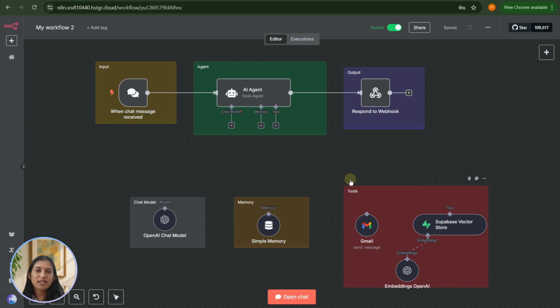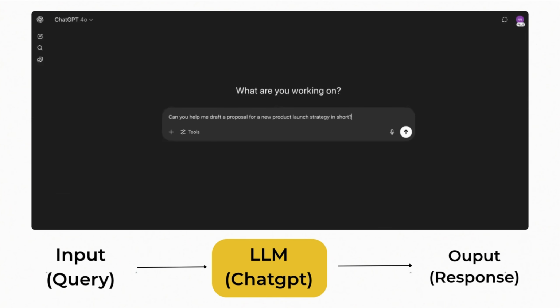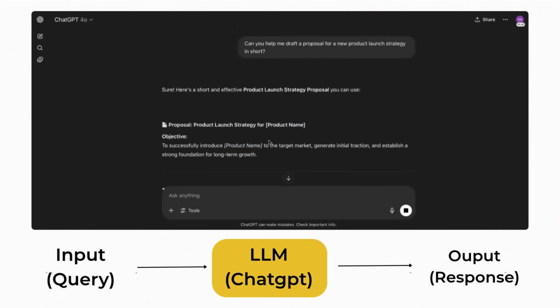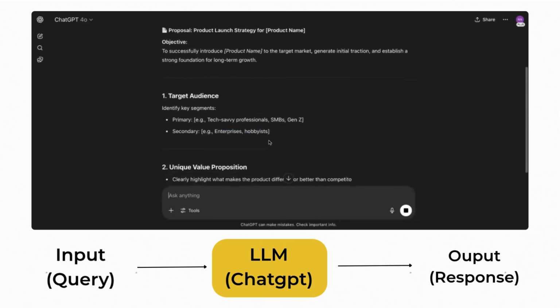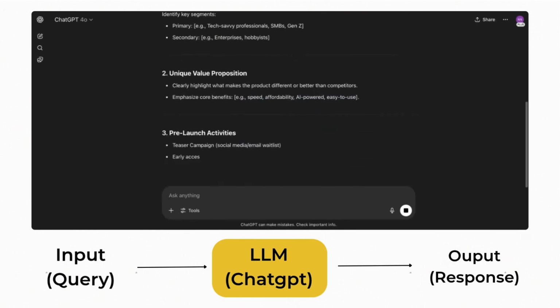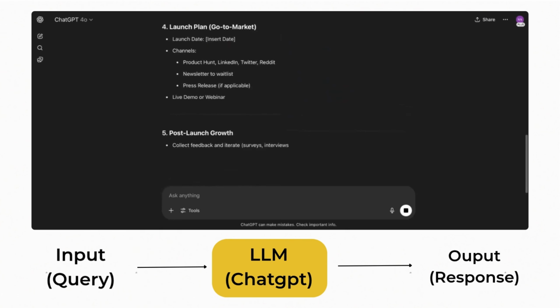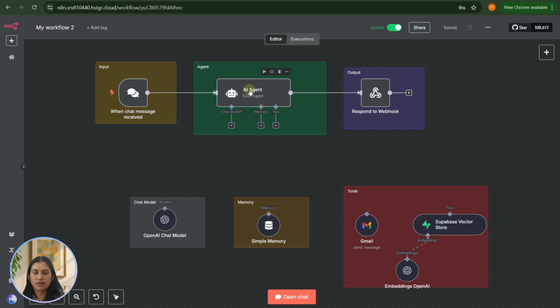Now let's quickly understand what an AI agent is. When you type any query in ChatGPT, the query is processed in the backend by an LLM, a large language model, and it returns the response. Similarly, an AI agent is a piece of software that has access to a large language model which does the processing.